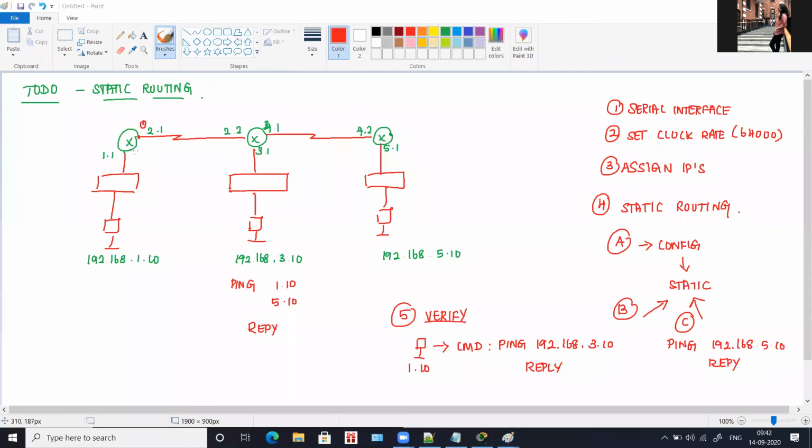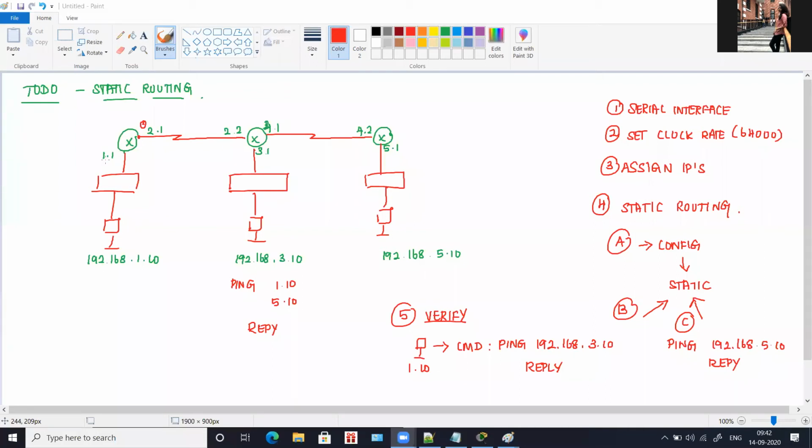And IP you have to assign only one time. It is not necessary that you have to assign IP twice. So once you have to assign. For this, you have to understand that this is fast Ethernet, this is serial interface. So assign IP accordingly. And the mistake which you will make is with the type of the interface that you are choosing. So make sure you see which interface is actually connected and you assign IP to that particular interface.